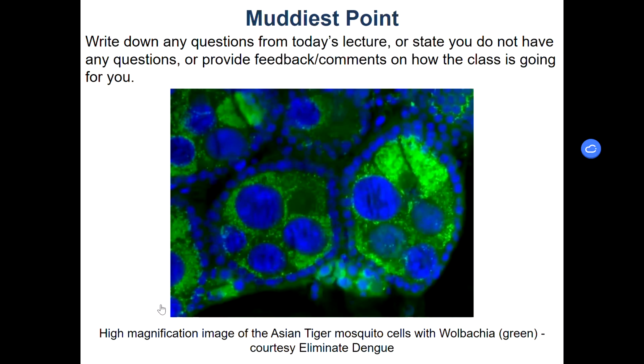And because I like mosquitoes and I think they're cool, this is actually a picture of mosquito cells with a bacteria called Wolbachia, which is in green, so you can see how it is infused in all of their cells. And when these mosquitoes have this Wolbachia bacteria in their cells, they are not able to transmit dengue virus. So that's an example of a